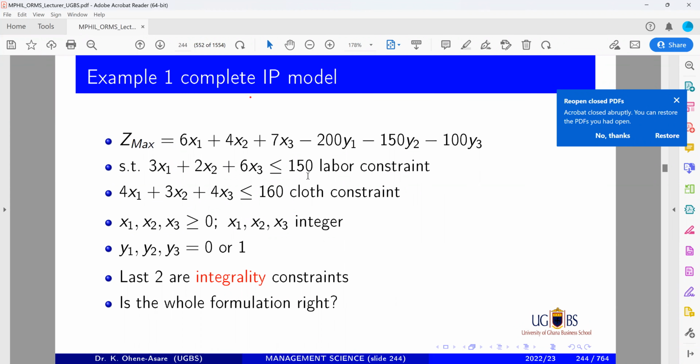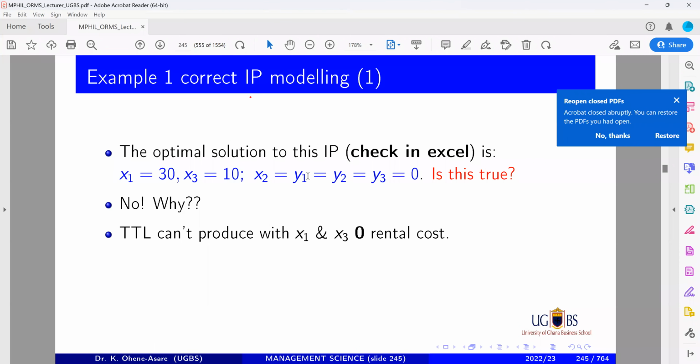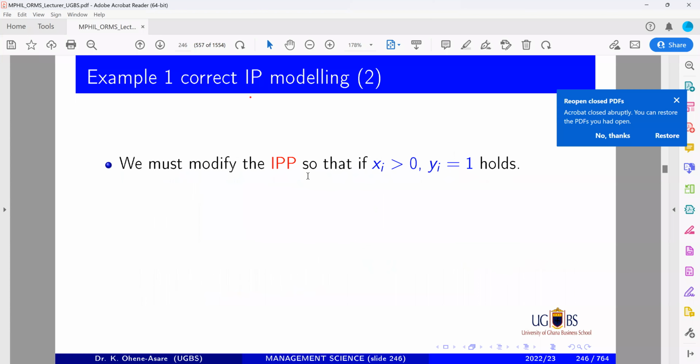But that is not rocket science. That is not just bringing the Y, so you just bring in the Y. You got to do some trick. And this is a trick you got to learn and memorize if you have to. This is a trick. And before you can apply the trick, you got to understand that